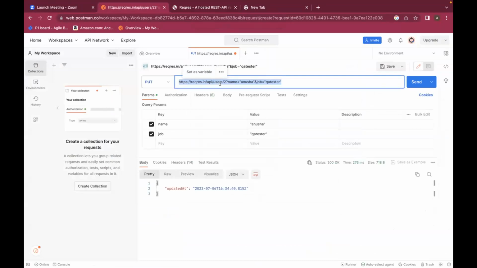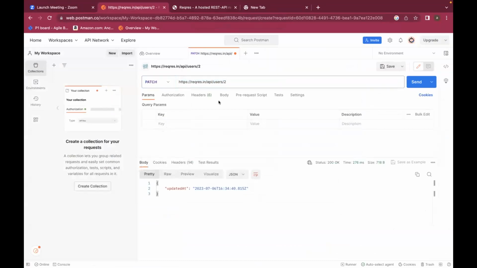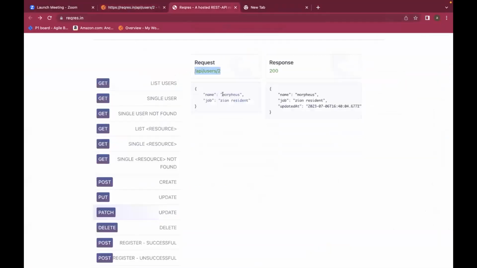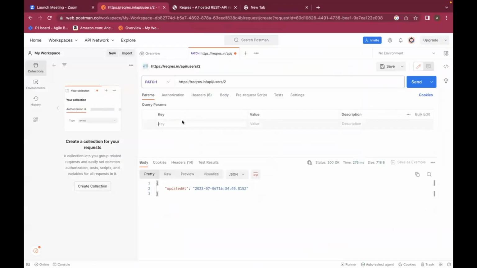This again is very dummy data and some of the endpoints will not even work properly. But it gets a little difficult for us to have an API all by ourselves. Having an API, hosting it on a server is a very big task. It involves a lot of money. So that is why we use publicly available APIs.